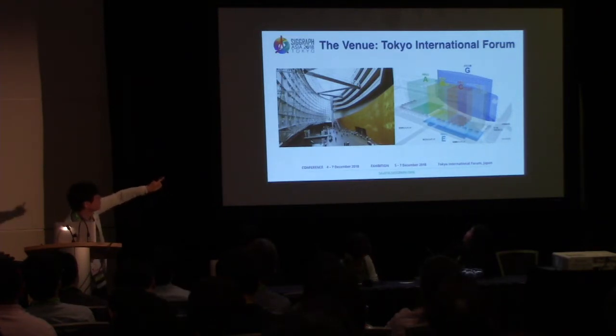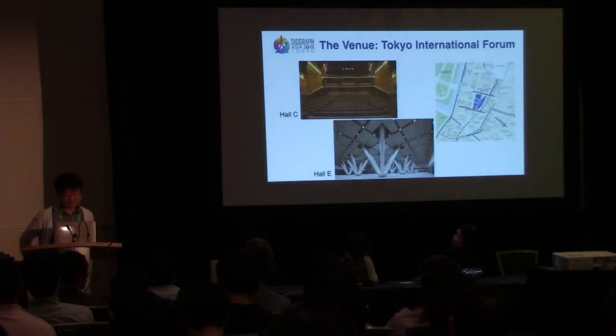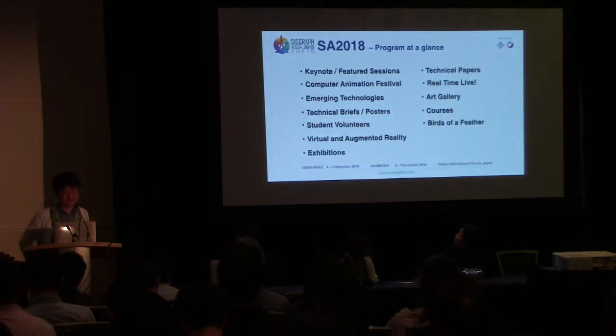D, E, and G halls, except Hall A. Hall A is just for a big concert or something. It's too big for SIGGRAPH Asia. So for our various events, Hall C will be used for the Electronic Theater, and Hall E will be used for exhibitions. And as usual, we have some,